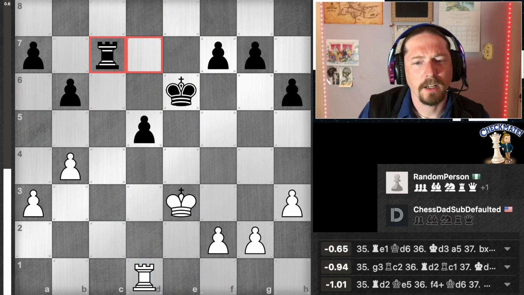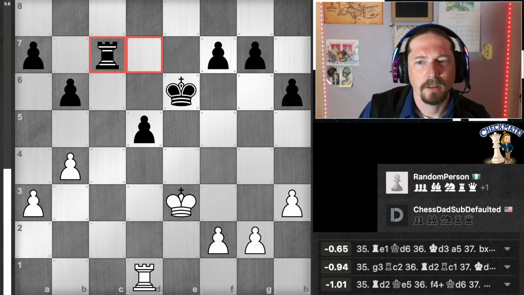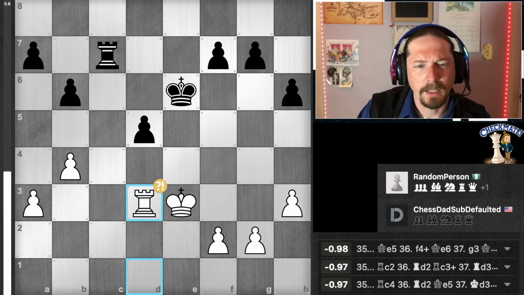Let's see, was there a different idea you could have done? King up doesn't work because the rook can just push it right back. No, I'm not seeing anything. No, I'm okay with that. I don't see anything a whole lot better. I know the computer's saying things, but